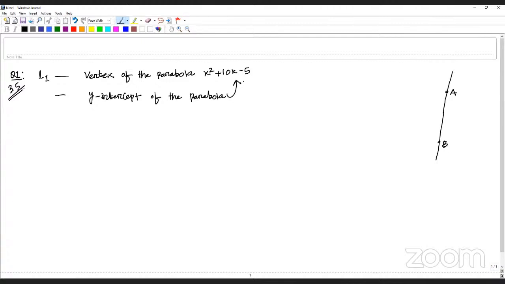So how will you find the vertex of this parabola? The x coordinate of the vertex is minus b by 2a. So this is nothing but minus 10 by 2, right? So this is minus 5. This is the x coordinate of the vertex. Next we need to find the y coordinate of the vertex. So this is 25